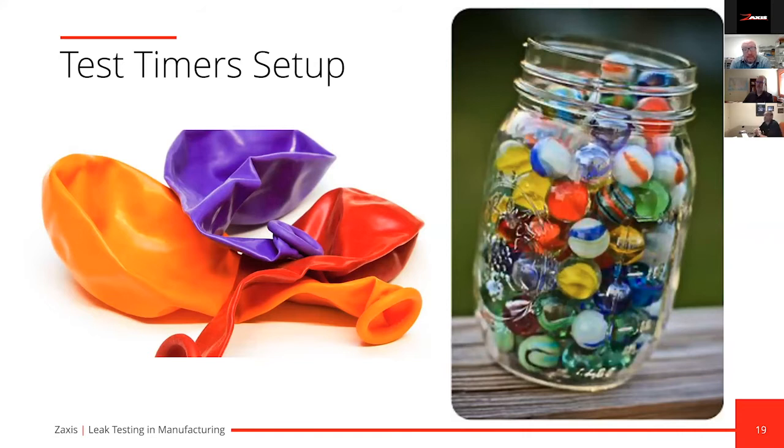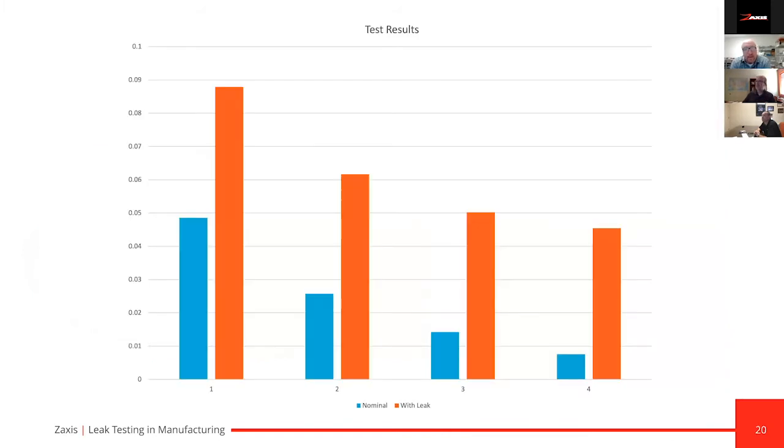Now, just because the screen shows you a number doesn't necessarily mean that you have actual air leaking out of the product. It might mean you have one or the other of these two elements happening, either the thermodynamics or the compliance of your part. One way to check for that is to just modify your test time slightly to see what happens. So if we go to the next slide, what I did is I took a